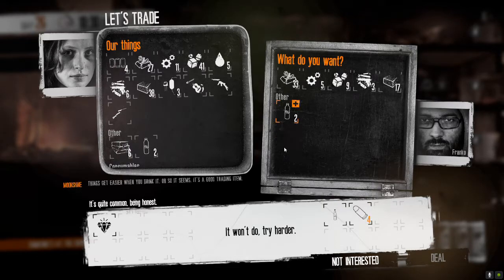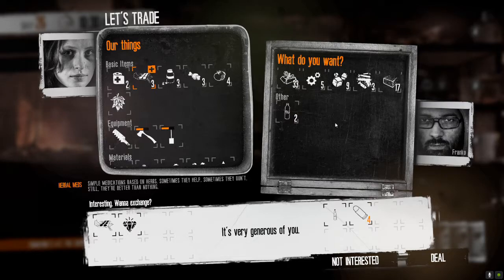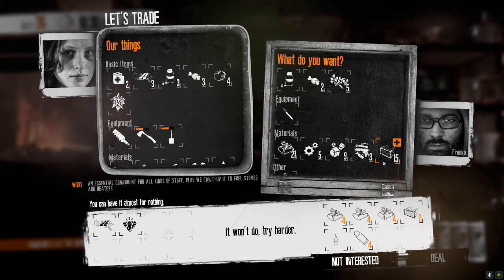Okay, it won't do, try harder. That's fine. We can add something else to the mix. We've got 3 full grade medications now, but we can use one of those. So that's very generous of us. Okay, so again, let's start adding stuff. See how far we can go. Fine, we can have a deal, but you can keep on adding until you run out of components. So it won't do, try harder. There we go. So get rid of 1 piece of wood. Fine, we can have a deal, and that will do. So deal,